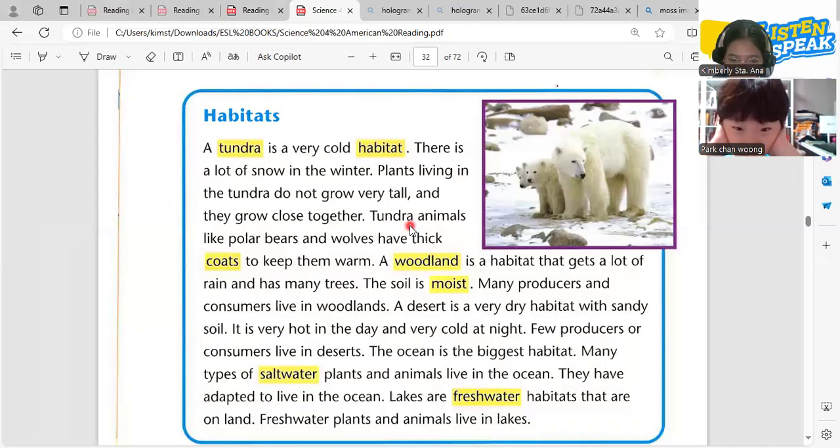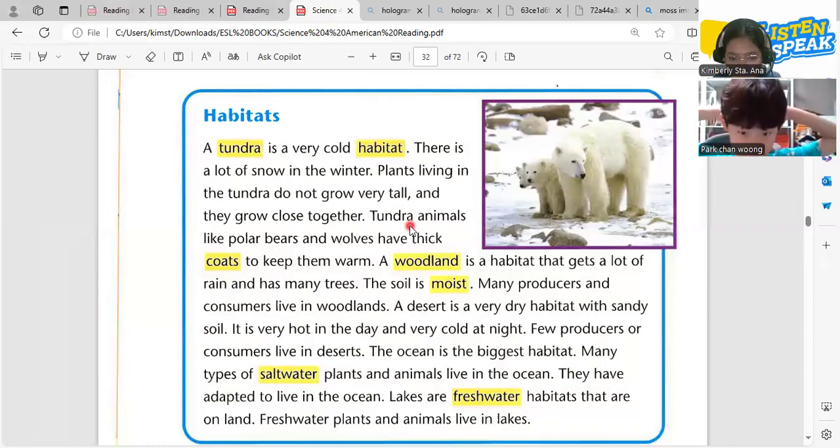A desert is a very dry habitat with sandy soil. It is very hot in the day and very cold at night. Few producers or consumers live in deserts.